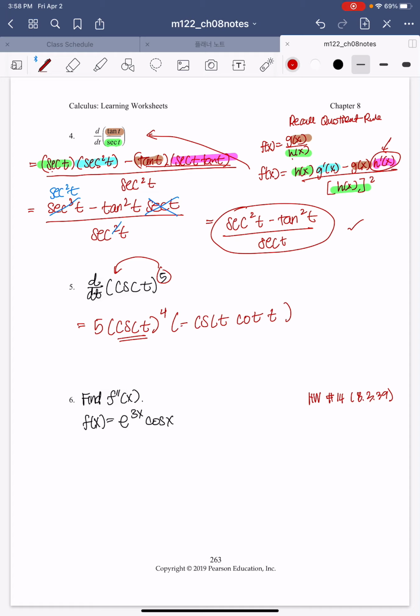Just combining, I have a negative 5, and then cosecant t, 4 of them, with another cosecant here, so 5 in total. I'm going to have negative 5 cosecant to the 5th power t times cotangent t. Done. Okay. Number